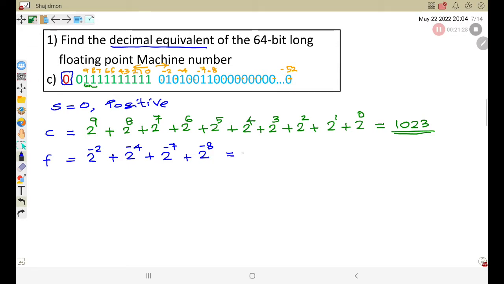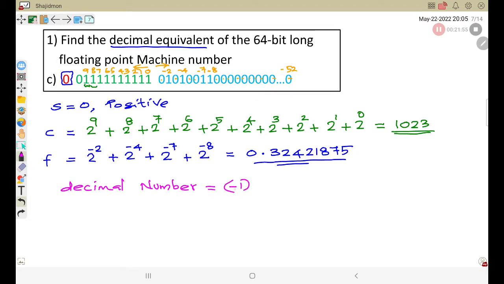Equals 0.32421875. I hope you are getting the same number from the calculator. Now we will write the decimal number. Okay, decimal equivalent, decimal number equals,